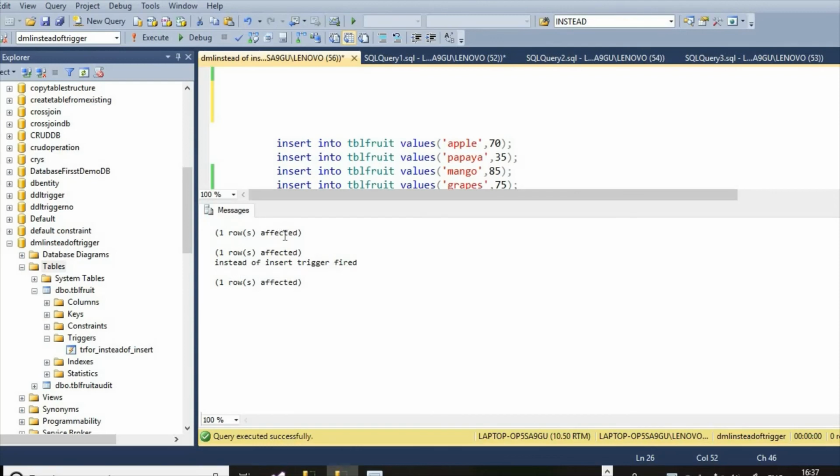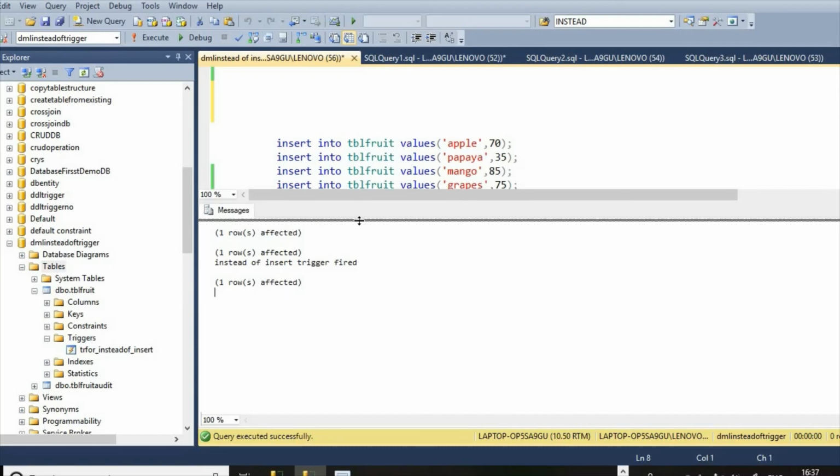This one row affected is the row inserted into tbl fruit table. This one row affected is the row inserted into tbl fruit audit table, and the message for end user, instead of insert trigger fired. Then this one row affected is the row inserted into inserted magic table.